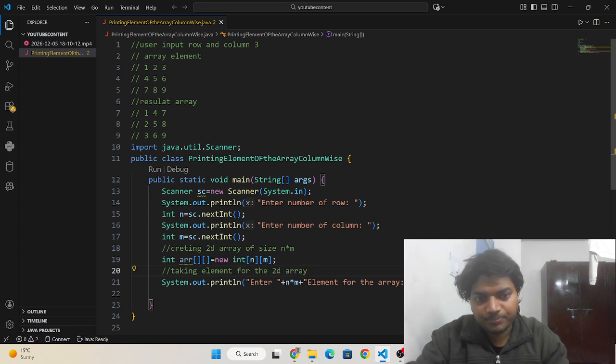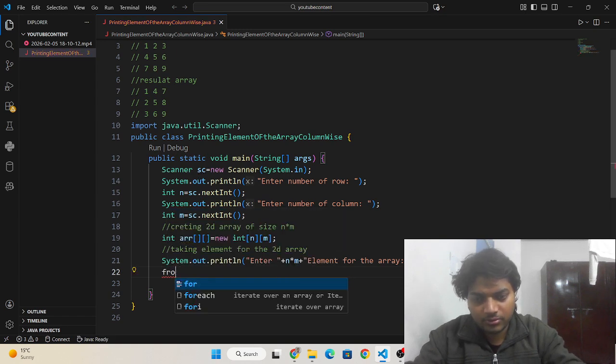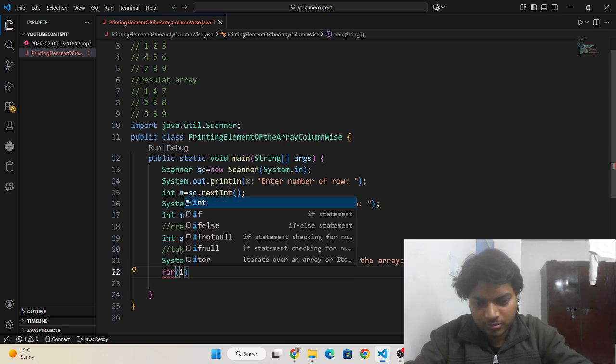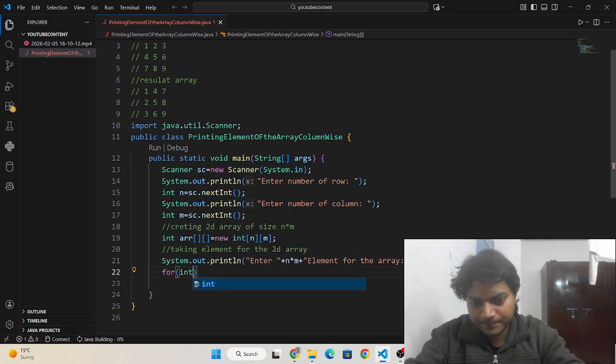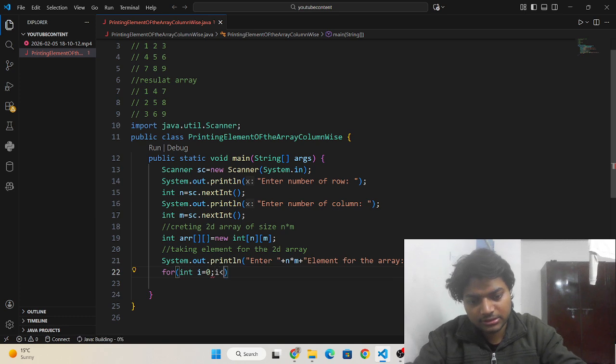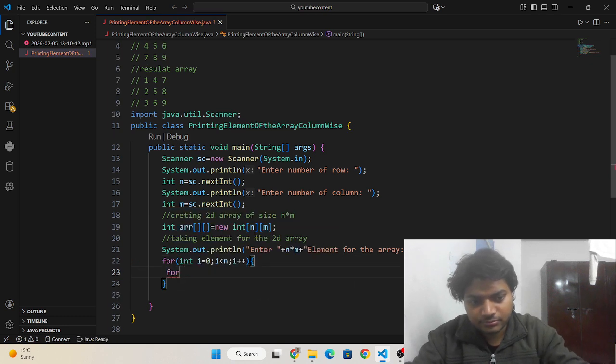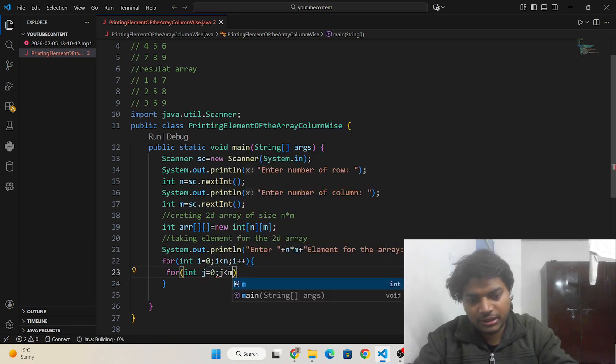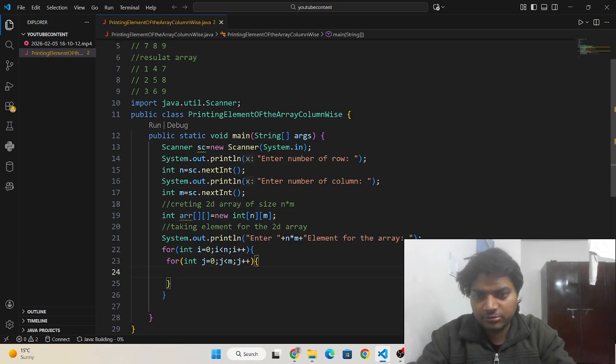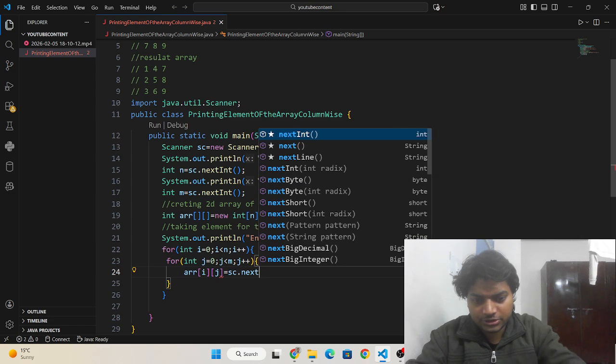So then we need to write here a nested loop: for int i is equal to 0, i less than n, i plus plus, then for int j is equal to 0, j less than m, and j plus plus, and then I need to write arr of i j is equal to sc dot nextInt.